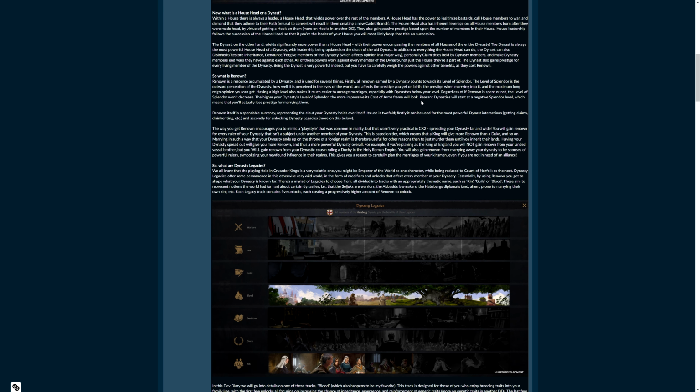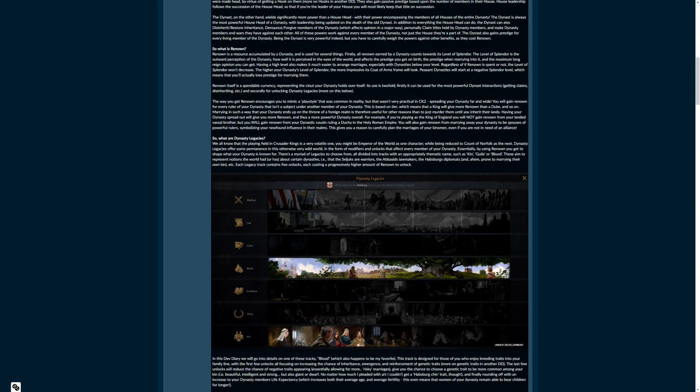So you have renown coming in and you can spend it on these actions. What is renown? It's a resource accumulated by a dynasty used for several things. All renown earned by a dynasty counts towards its level of splendor. Okay, so you will have something like you had with the old dynasty things. You could become legendary or found a legendary bloodline